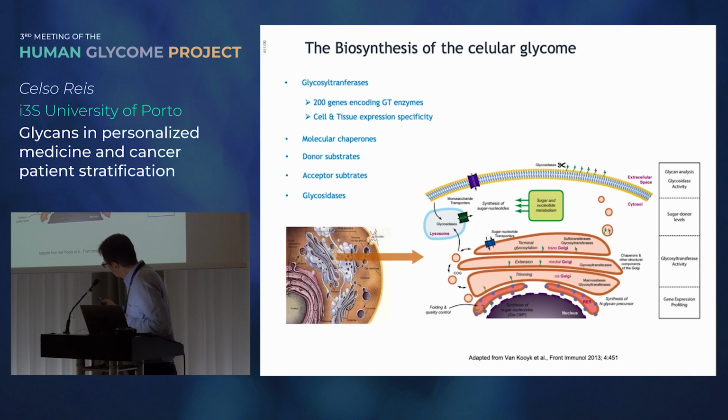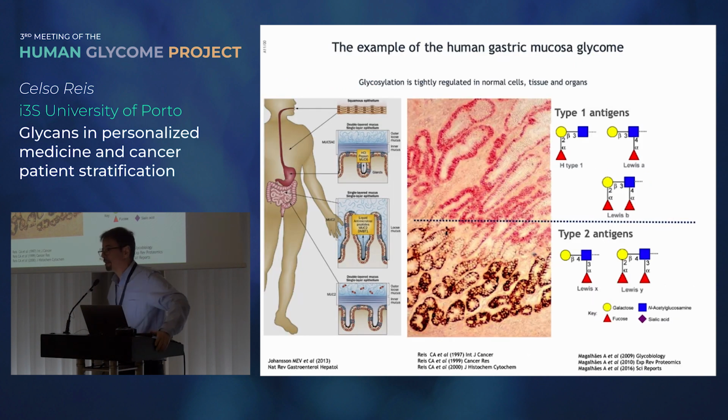But there are other factors that can interfere with the glycome of a cell, which include molecular chaperones, donor substrate concentration and availability, acceptor substrate availability and concentration, and also glycosidases, endogenous and from external microbiome, for example. And this is very controlled, as you all know, at the cell and tissue and organism